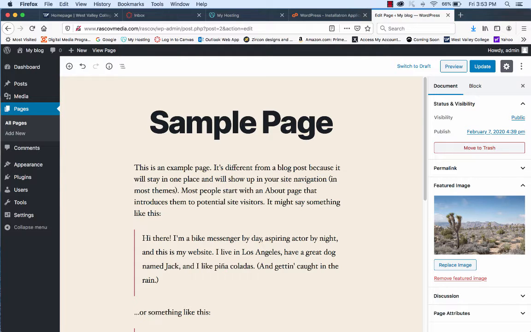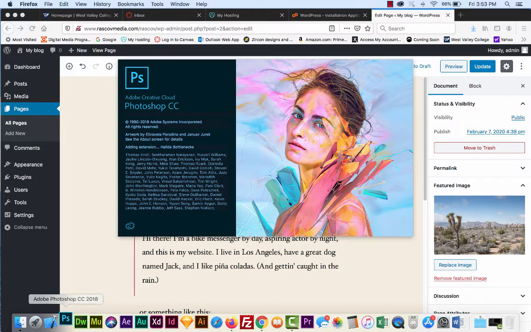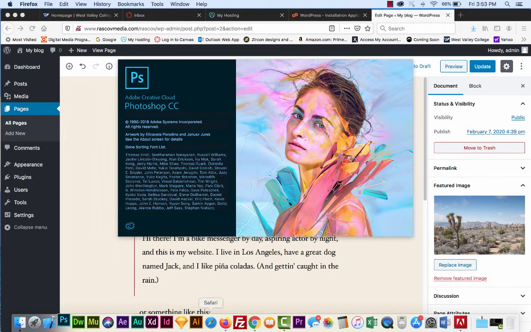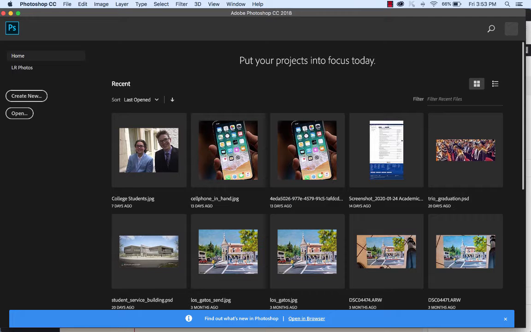And let me make that picture smaller. So if you have Photoshop, I'm going to make this image smaller right now. Let me quit my Xcode here. I'm going to open Photoshop real quick here. And I was going to say I only have one day left for Photoshop. And if I open that image that is on my desktop here,